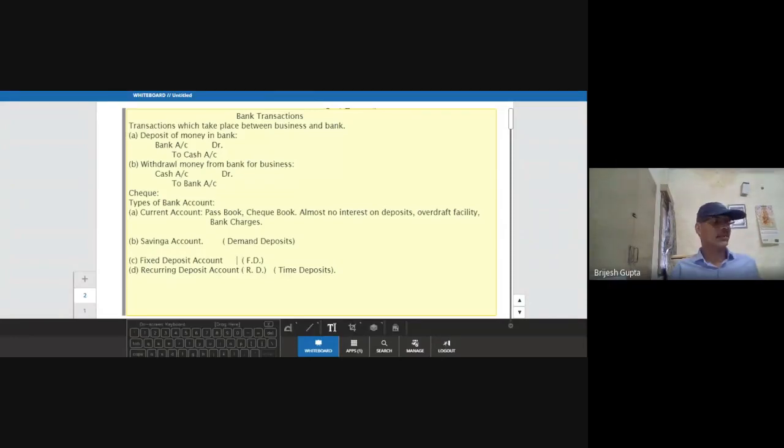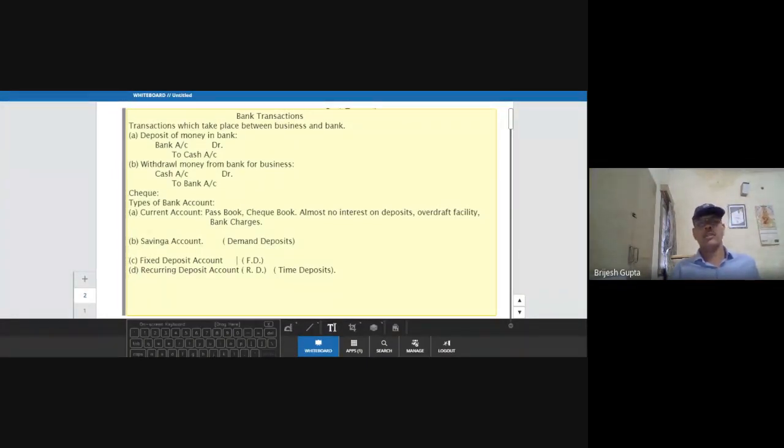So what I said, in a current account, the bank provides the facility to deposit money any number of times and withdraw money any number of times in a day. So it is most suitable for businessmen. It is not the proprietary of businessmen that only they can open the current account. You can also open a current account. Anyone can open the current account. No restriction on that. But it is not useful for us. We don't need that many facilities.